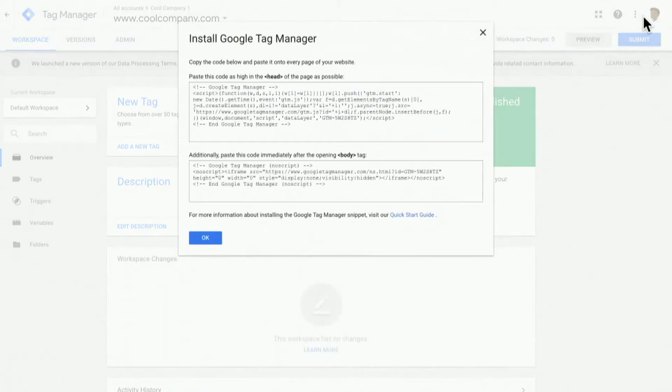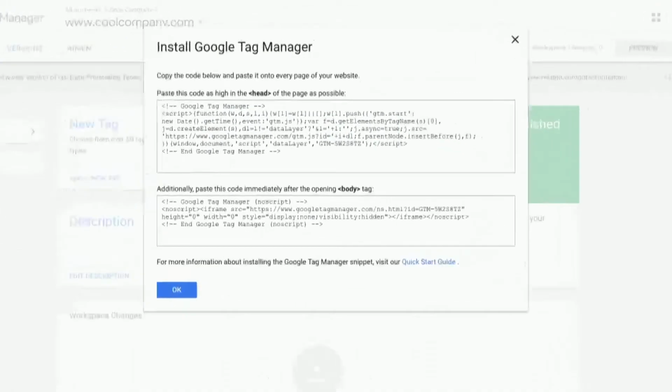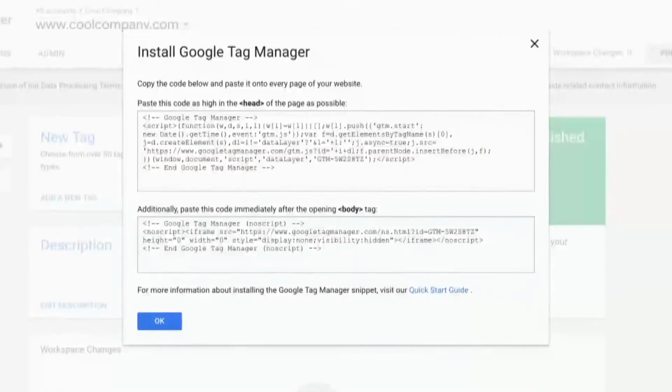And just like that, we've set up our first container inside of Google Tag Manager. Now the screen that pops up contains the container snippet that needs to be implemented on the page. You'll see that there's two parts of this snippet. One part that should be implemented in the head of the page, and a second part that should be implemented